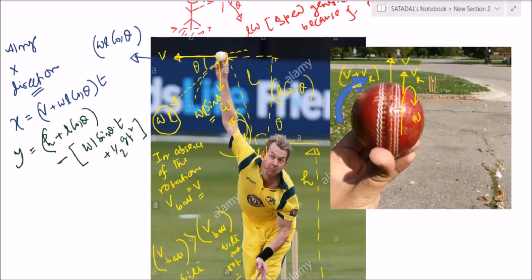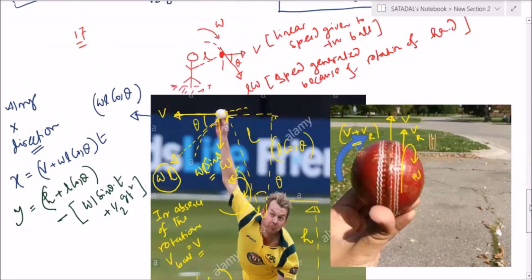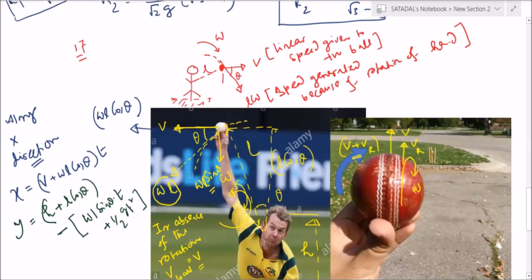Yes, Mr. Akash. Yes, Akash, tell me. Sir, can you explain? Is there any acceleration in the x direction? In real circumstances, obviously there will be acceleration in the x direction. But in this case, we are considering ideal circumstances, like a projectile. Okay, sir. But actually, it will have acceleration in the x direction. Okay, sir.